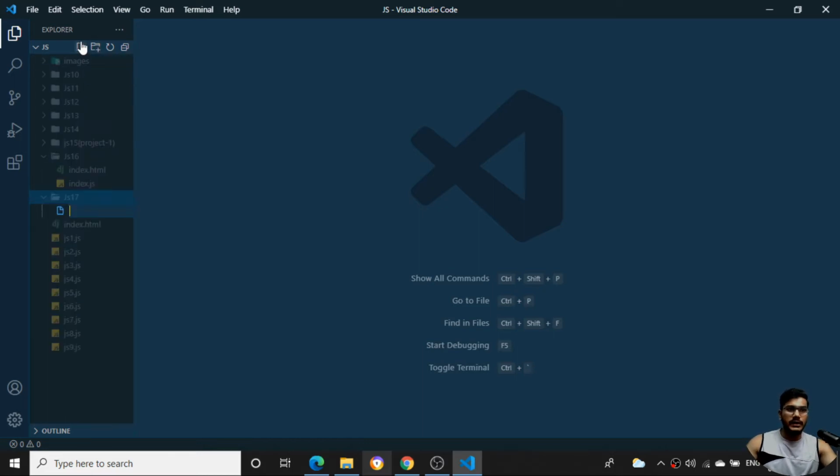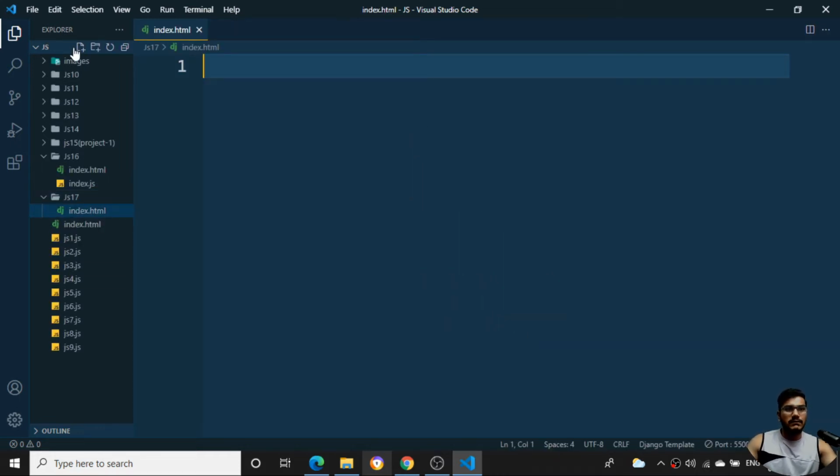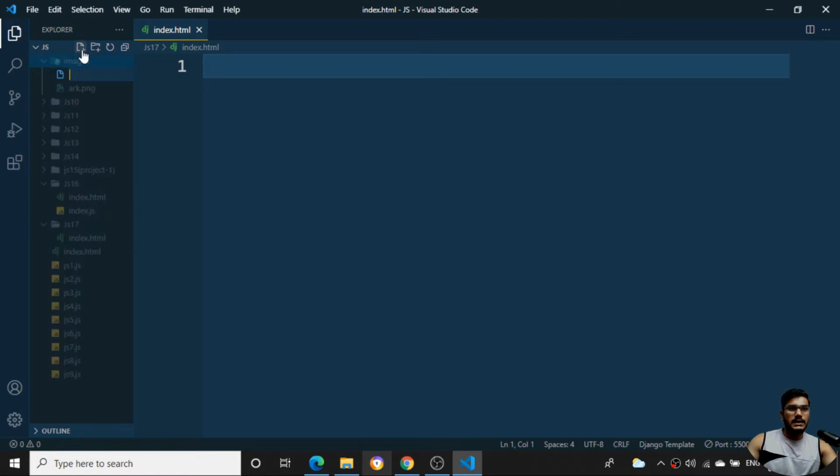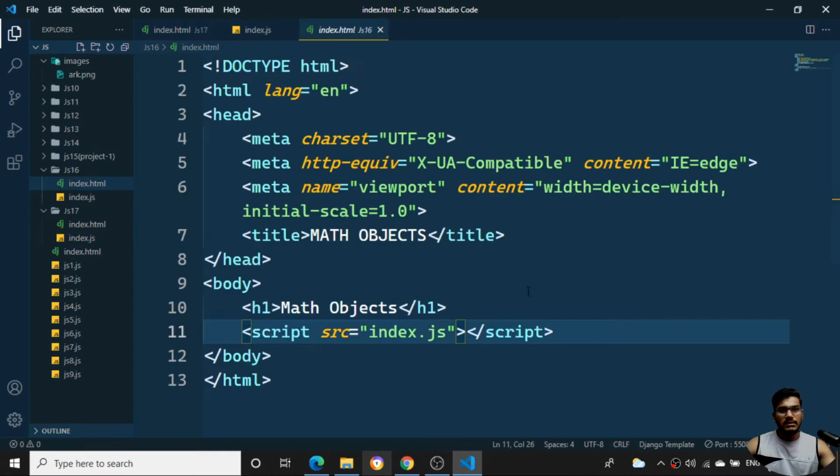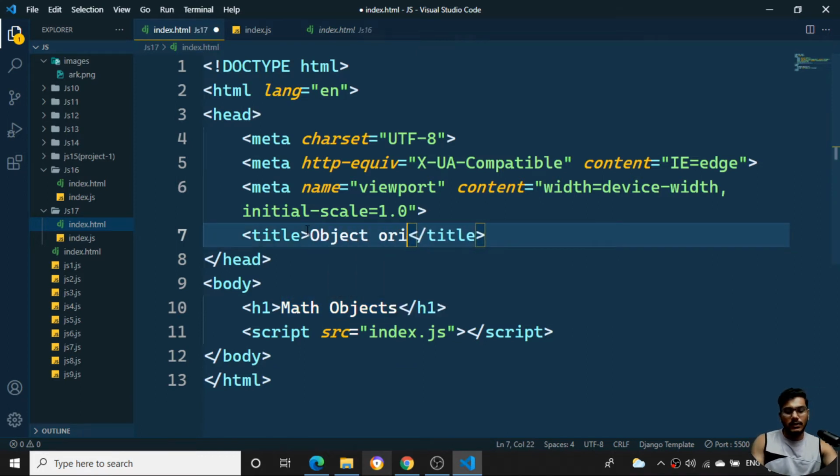Coming back to object oriented, I'll create an index.html file, then one more file for the JavaScript, index.js. Inside the index.html file, I'll copy everything from here and paste it. Here I'll give the title as object oriented programming constructor.